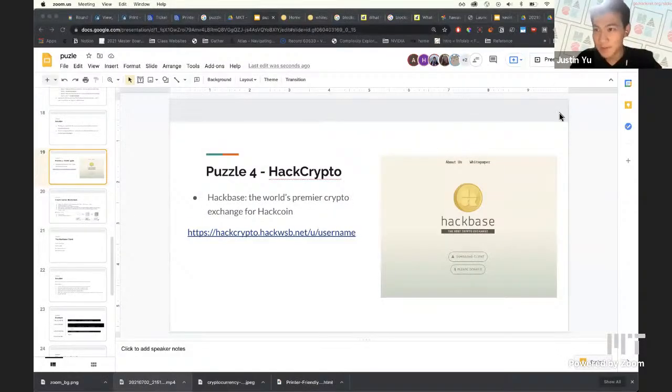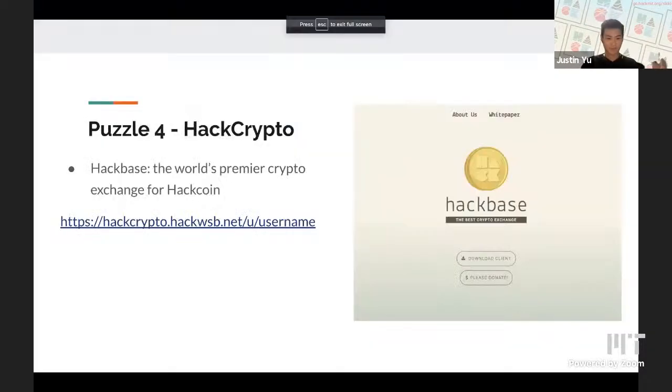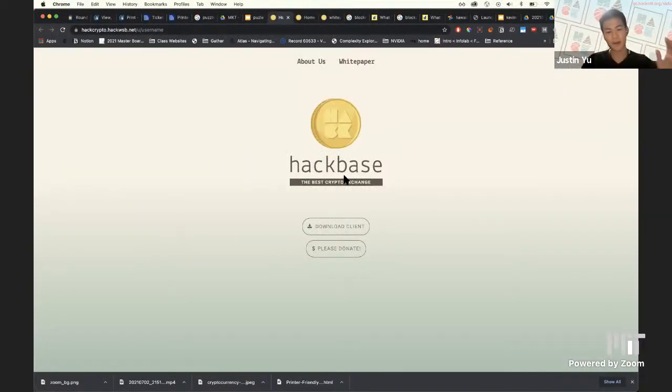All right. Cool. So puzzle 4 is called Hack Crypto. It's in the name. It's a crypto puzzle. Essentially it's a blockchain. I'll just go through it like you would see. The link is hackcrypto.wallstreetbets.net plus your username. When you access this puzzle, you'll see a website